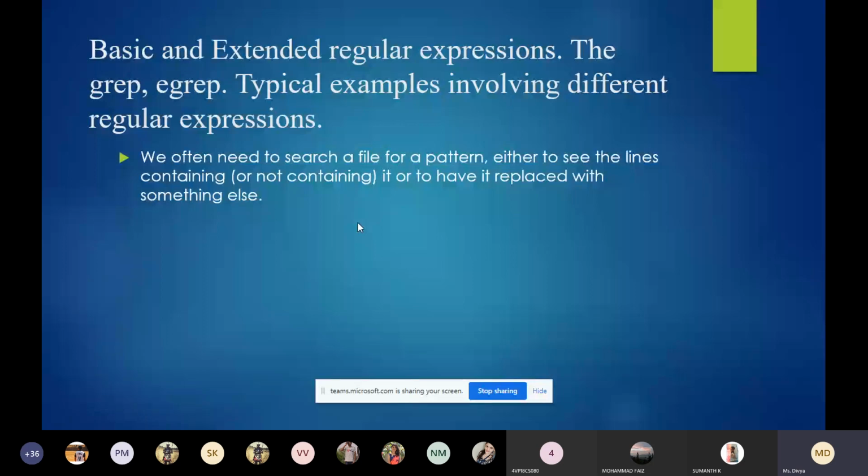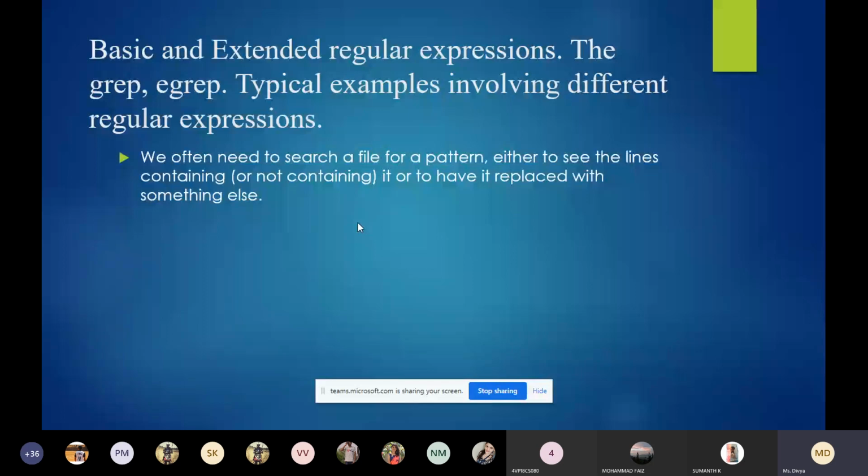We have already studied wildcards, correct? Wildcards are the star, the question mark, and the square bracket, where you write the class to match. Wildcards come under regular expressions.